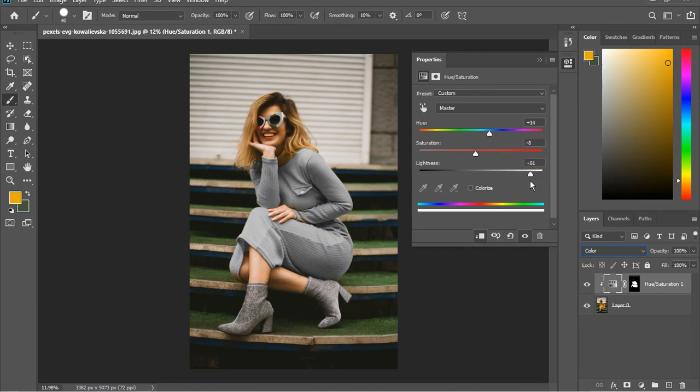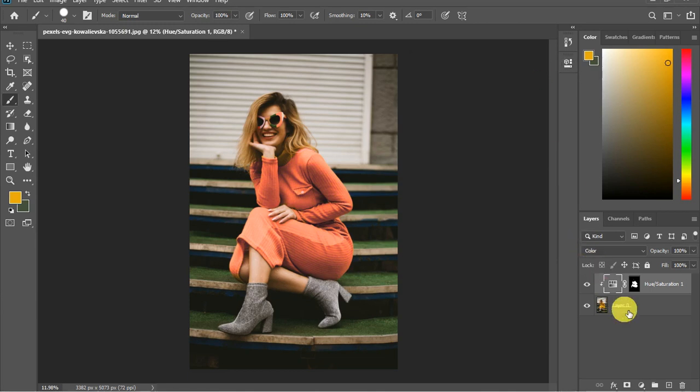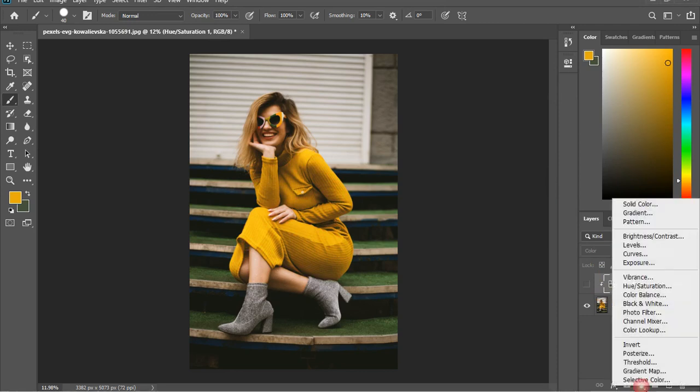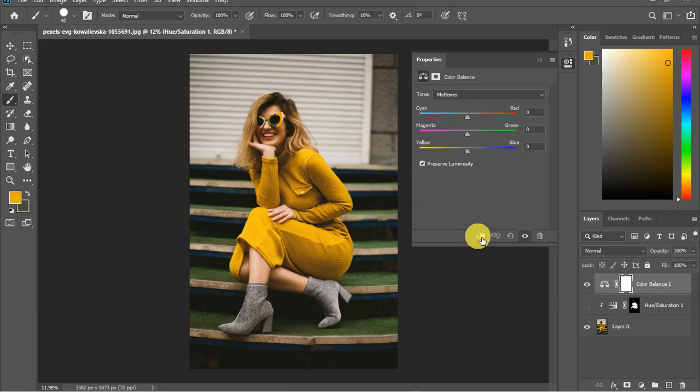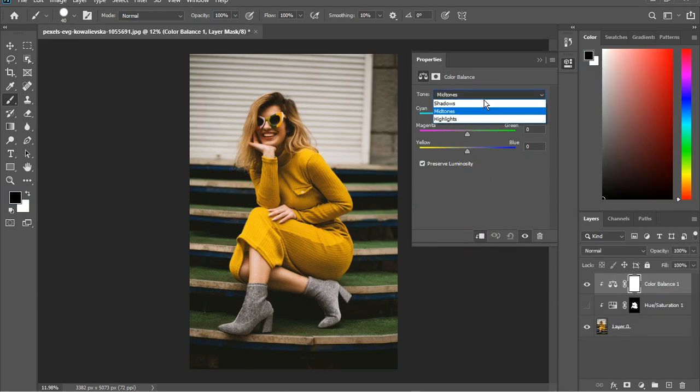So putting it in between, that's when the color changes. So now you can just tweak anything you want. Also, second one, I'll just come here and sometimes use selective color or color balance. Let's just pick color balance, clip it down, and then you're just going to, no, this one does not have the general tab, so whichever change you